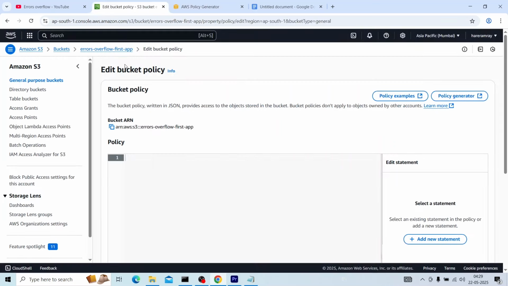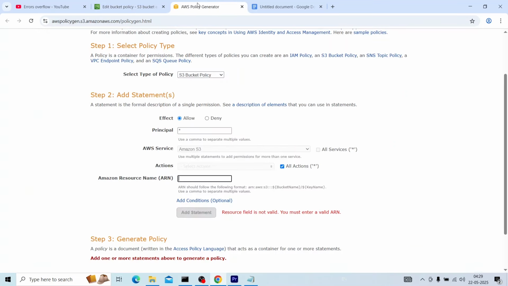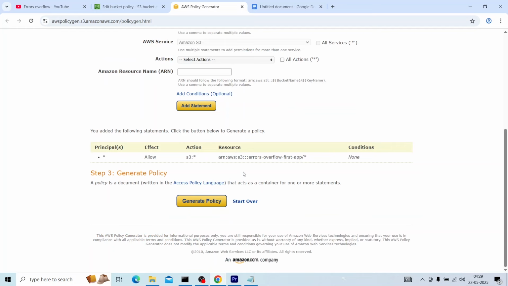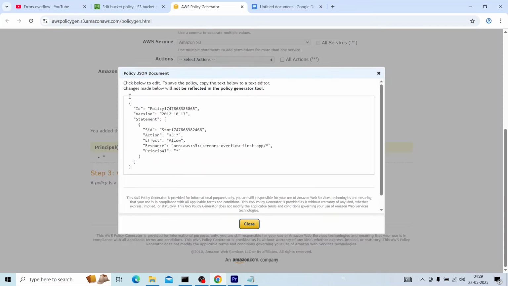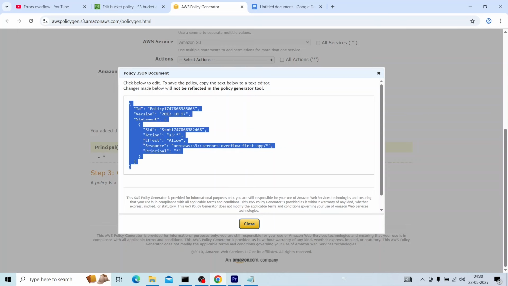Then here we will copy the ARN, then slash star, add statement, generate policy. Here the policy is generated, so we will copy the policy.